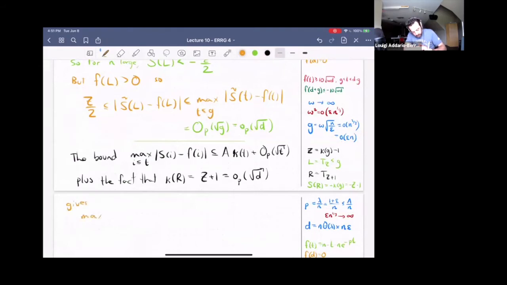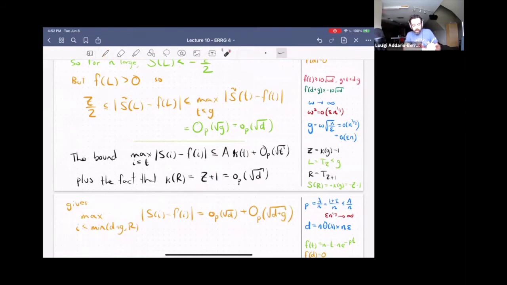if we're willing to stop looking, so if we take t to be the minimum of time d plus g and this time r when we finish exploring that component, then at that time the bound a kappa t is at most a z plus 1, so we get a little o root d from the first term, and then a big O root. This is our time t, right? So that's at most root of d plus g,